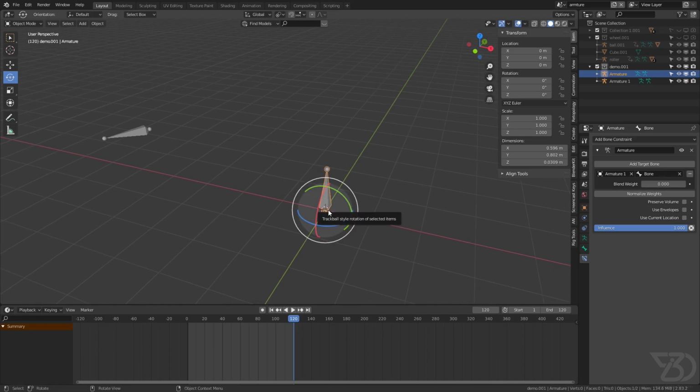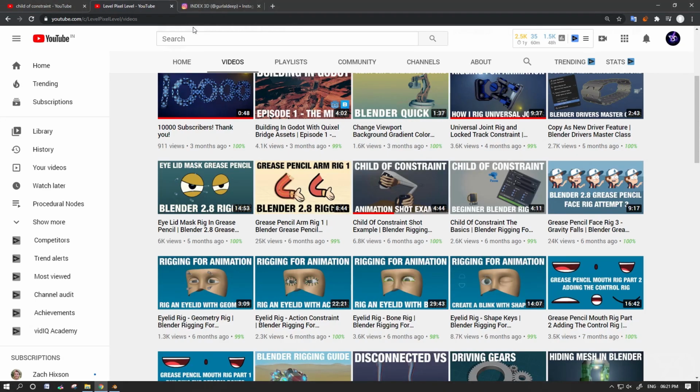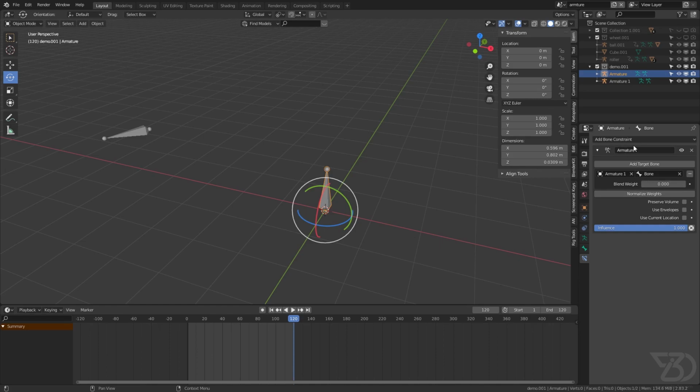And this is what we can use to animate lots of different animations, like a mechanical arm or a normal arm picking up something. Pixel Level did an amazing tutorial about that. Here's child of constraint, and this is not child of constraint, but this is exactly the same thing, but this works with armature.